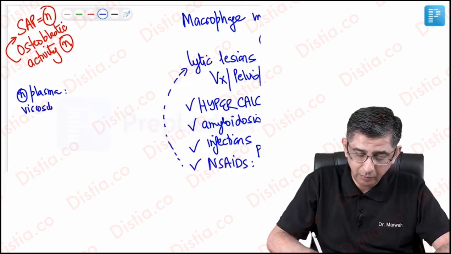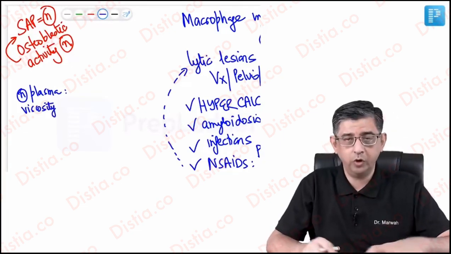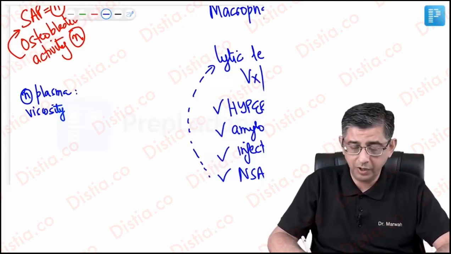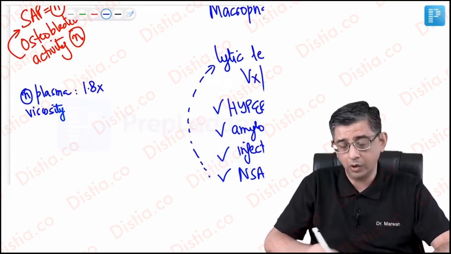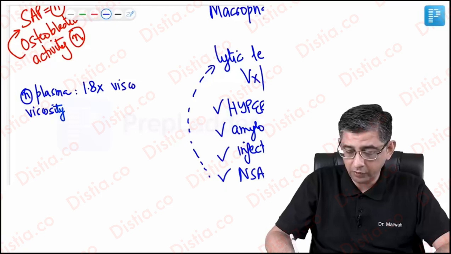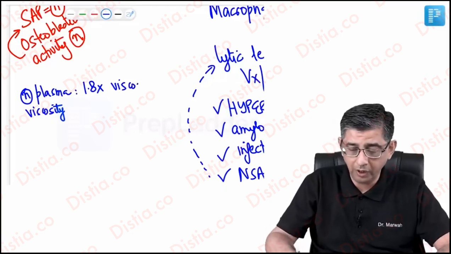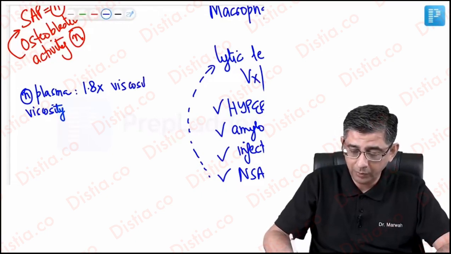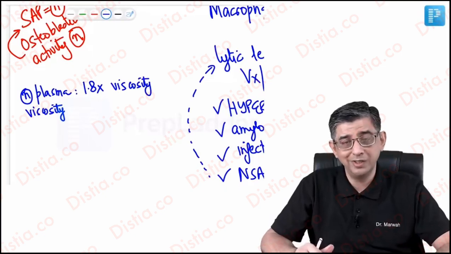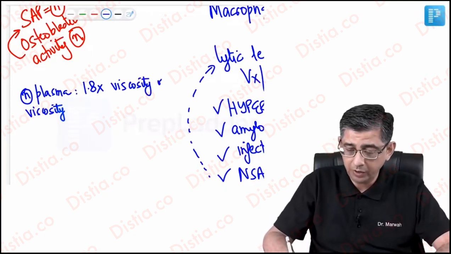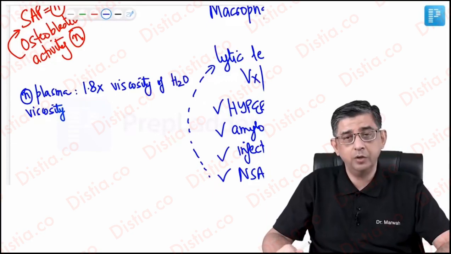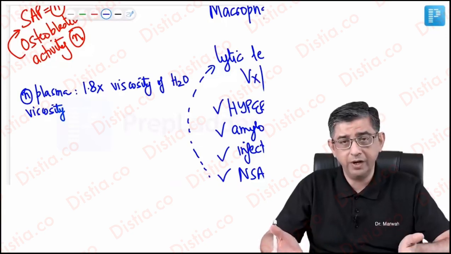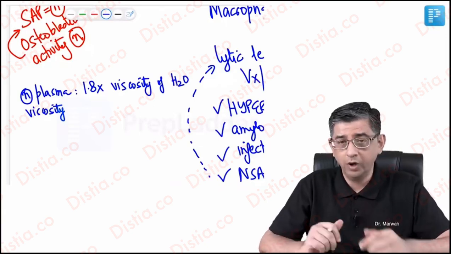And as they say, blood is thicker than water. I mean, the normal saying is blood is thicker than water. So I can just say that the normal plasma viscosity would be 1.8 times more as compared to the viscosity of water. Why are they using water? Water as a baseline is only because water is one of the common things that's available everywhere, so you can use it as a standard baseline value. I repeat once again, in a normal person, the plasma viscosity is a little less than 2 times, I said 1.8x the viscosity of water per se.